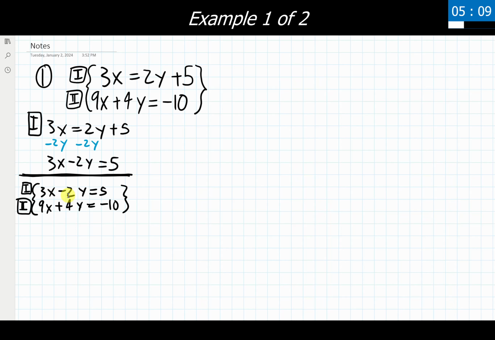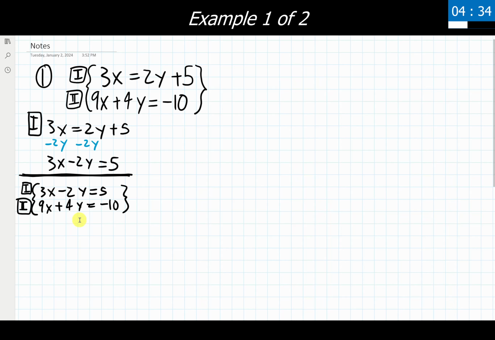Now I need to determine what do I want to multiply this whole equation by so that this coefficient here is the same as this coefficient here. Now I could, if I wanted to, multiply both of them by something and scale them both up. Maybe I could make it 8. I could multiply my first equation by positive 4, and this would end up giving me a negative 8 in front of y, and everything else would change too. And I could multiply my second equation by 2, and that would make a positive 8 right here, and everything else would scale up.